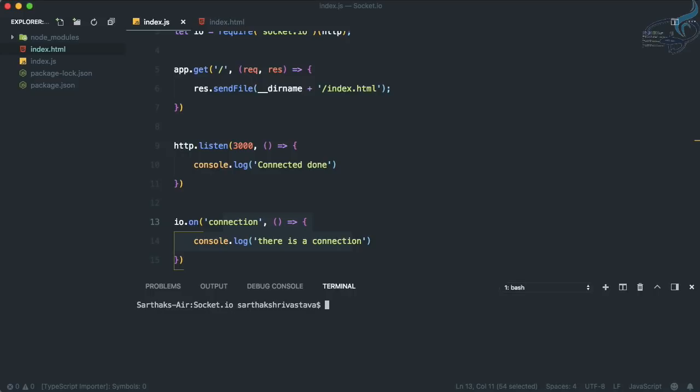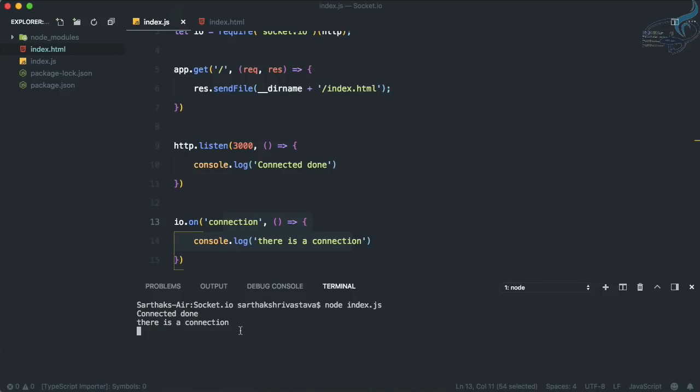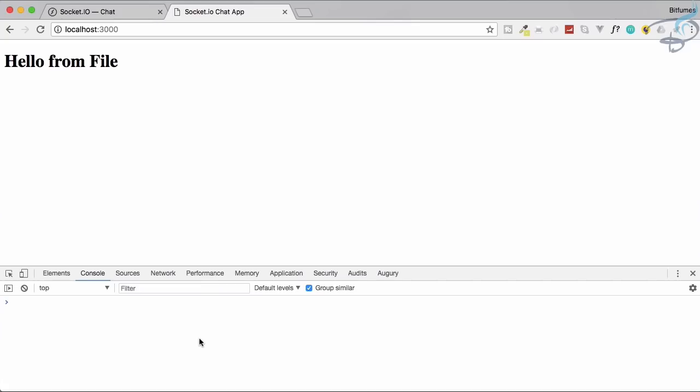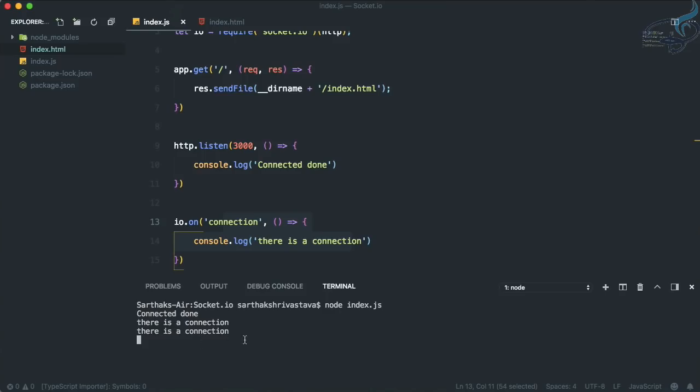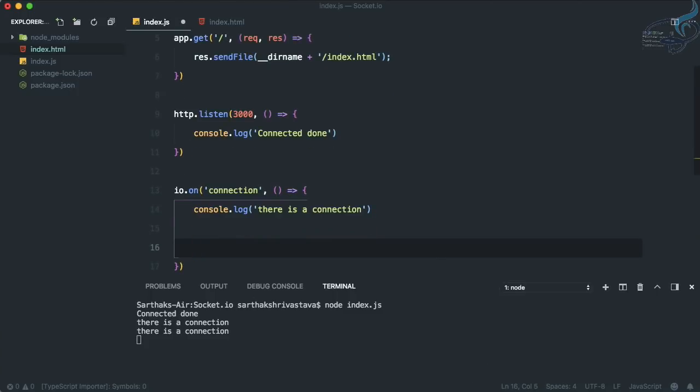So once more, reopen the server. This is good, and let's refresh it, and yes, you can see there is a connection. If I refresh once more, yeah, there is a connection, because every time it disconnects and connects. Simple. And here we have one more thing, io.on